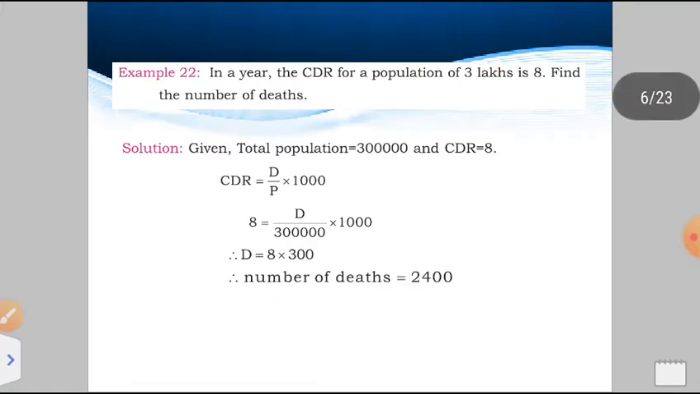Let's go to the next example. Here the value of CDR is provided: in a year the CDR of a population of 3 lakh, meaning the population is 3 lakh, is given as 8. We have to find the number of deaths. So here, by finding the D value in the formula, we can find the number of deaths